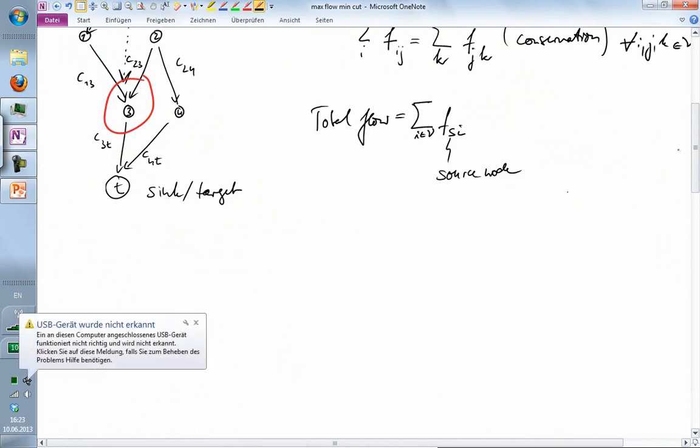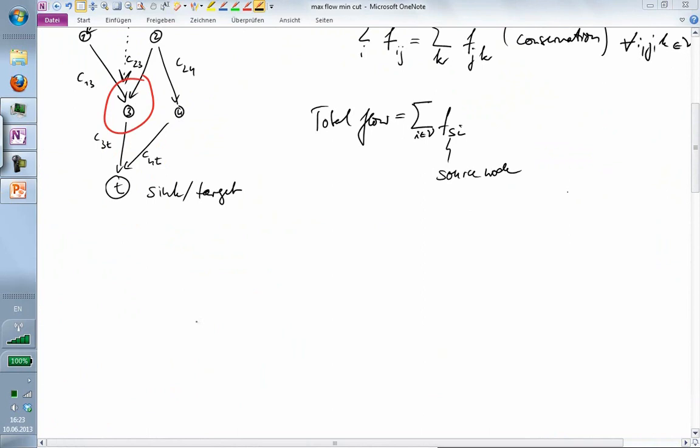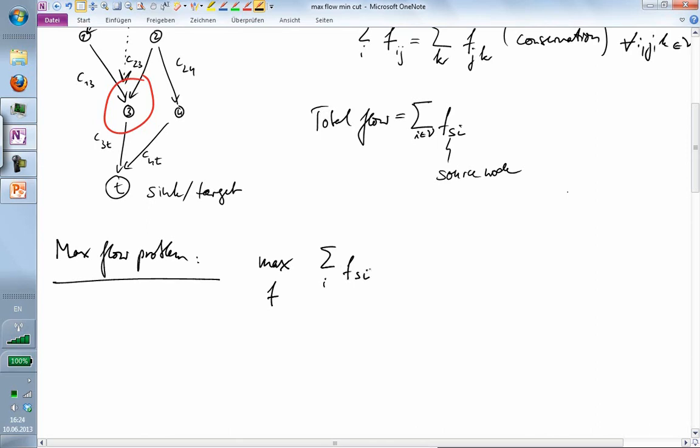So the max flow problem is to maximize all elements of this flow vector to obtain the greatest possible overall flow subject to all these constraints, the capacity constraint,